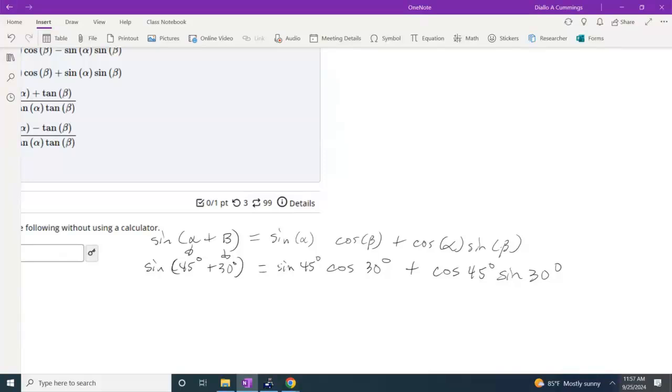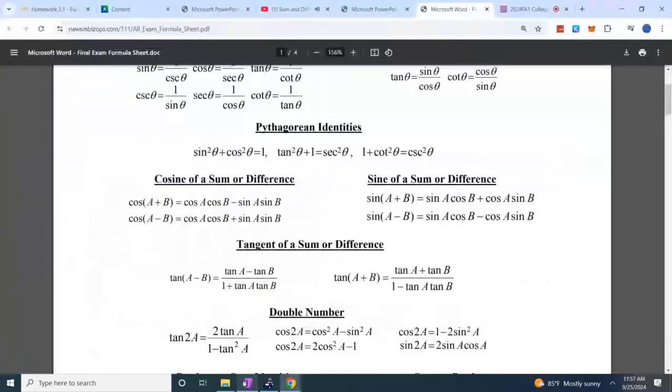So I found the appropriate formula. I just substituted alpha for 45 and beta for 30 degrees. So now I'm going to either use the unit circle or that unit circle function value chart to find these trig functions. So the sine of 45 degrees,